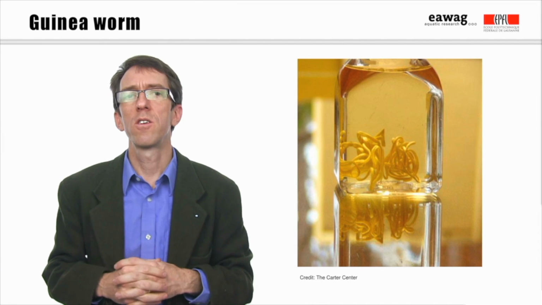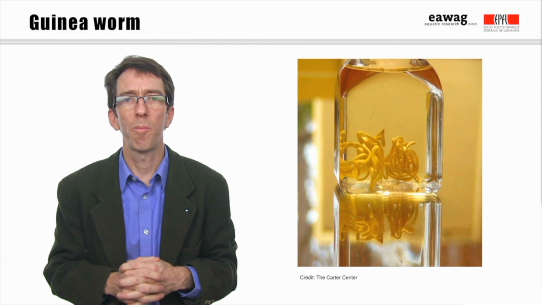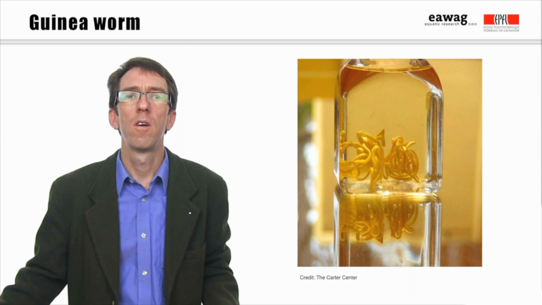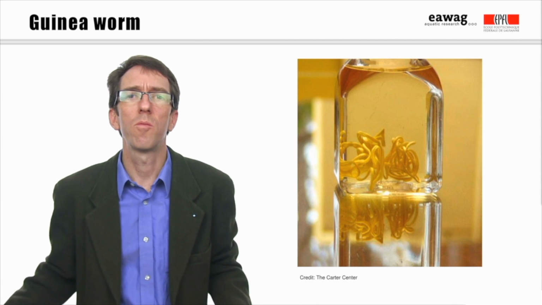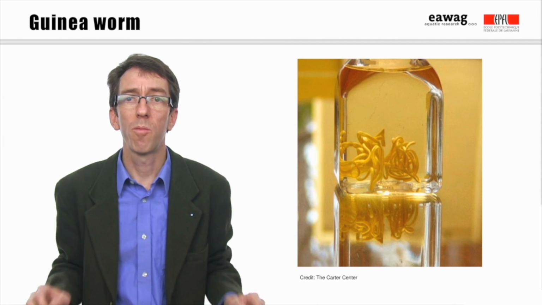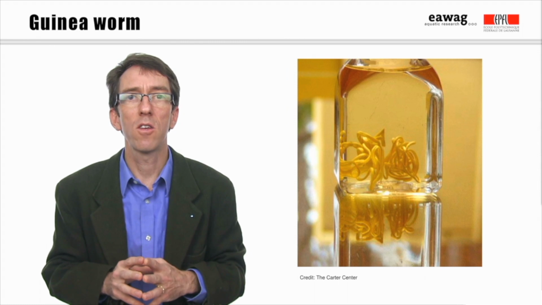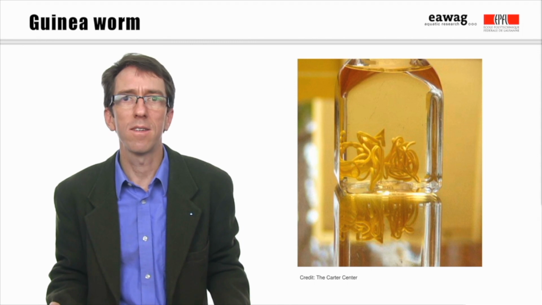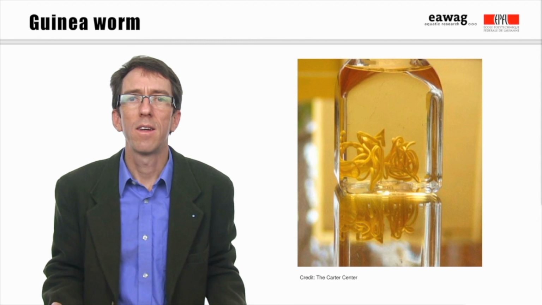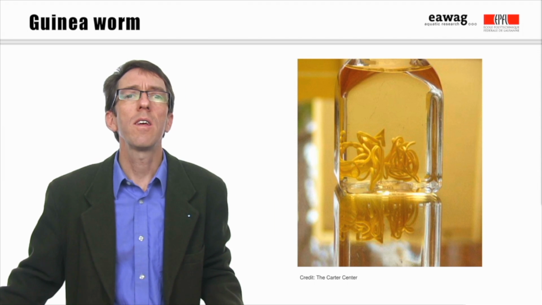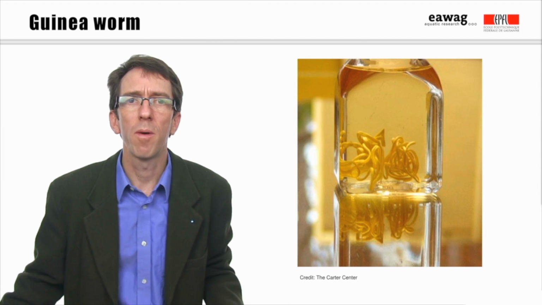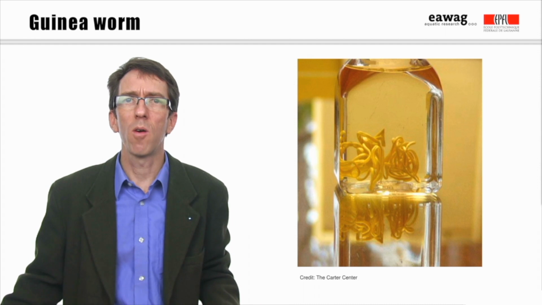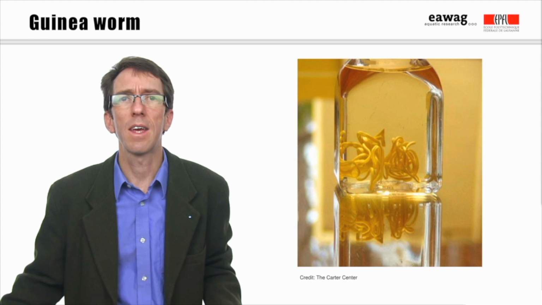From the smallest of pathogens to the largest, the helminths, or parasitic worms, which can invade human intestines or other tissues. Most helminth transmission is due to poor sanitation and hygiene, but one particularly nasty helminth is mainly transmitted through drinking water. This is Dracunculus medinensis, or guinea worm. Its larvae live in fresh water and are eaten by small aquatic insects called copepods. The larvae are tiny, but the copepods are big, typically about 1 millimeter, and visible to the naked eye.